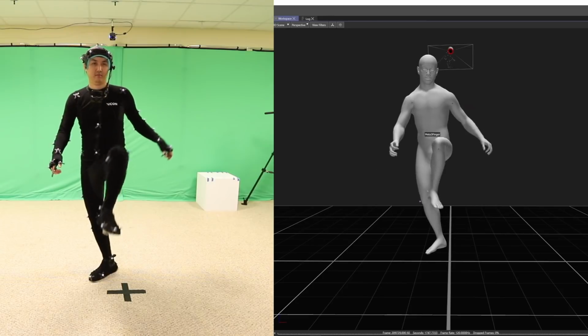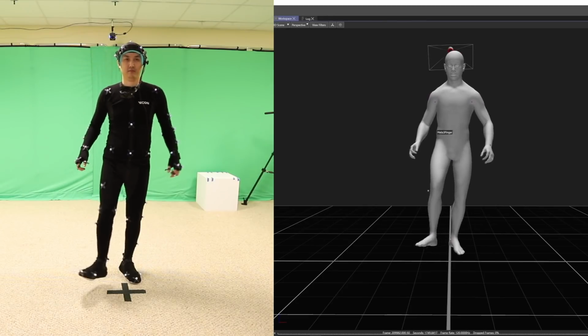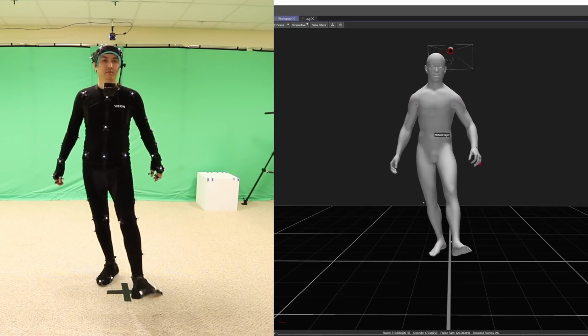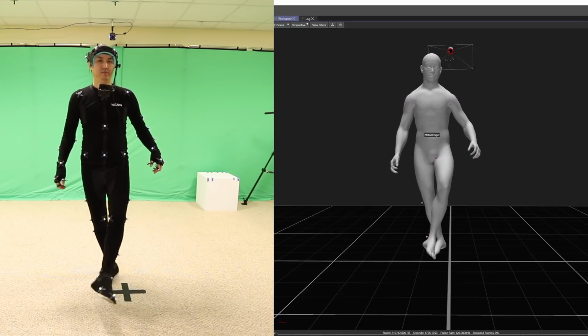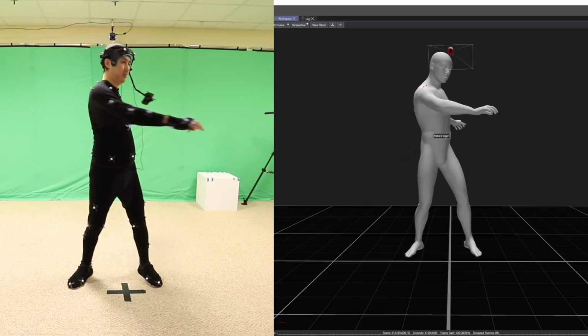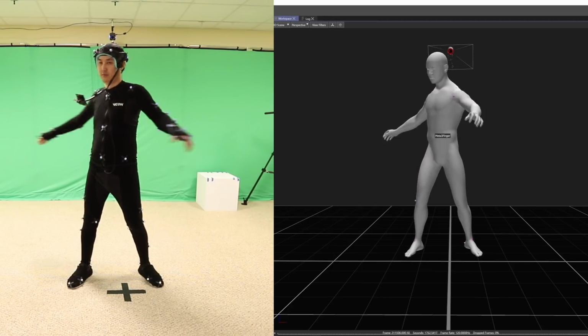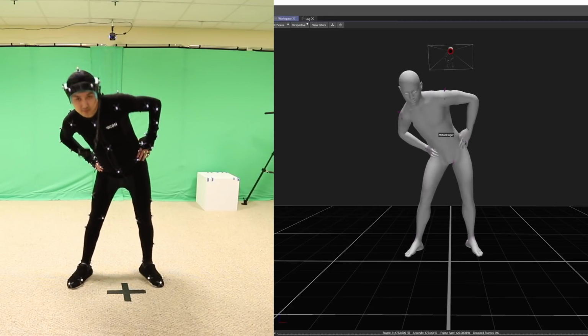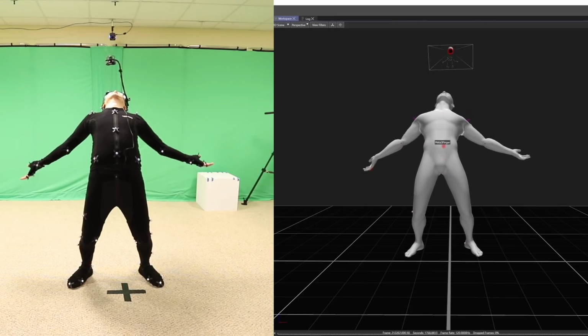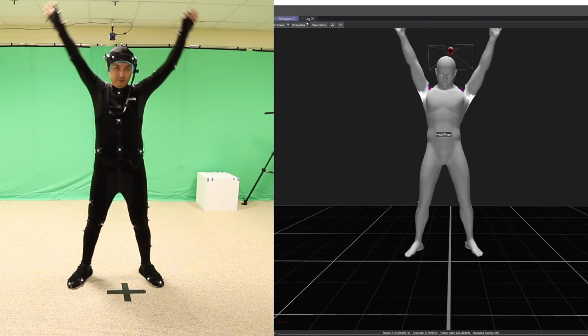So what you're typically going to do is start by going like this, then you do arm circles, you're going to bend your wrists, you're going to bend these here, you go up, spin like this, we're going to go down, and it's pretty much up to you, but you basically want to hit the extremes of all the different angles your body's going to hit, and you're teaching, again, Vicon, through this recorded range of motion test here,